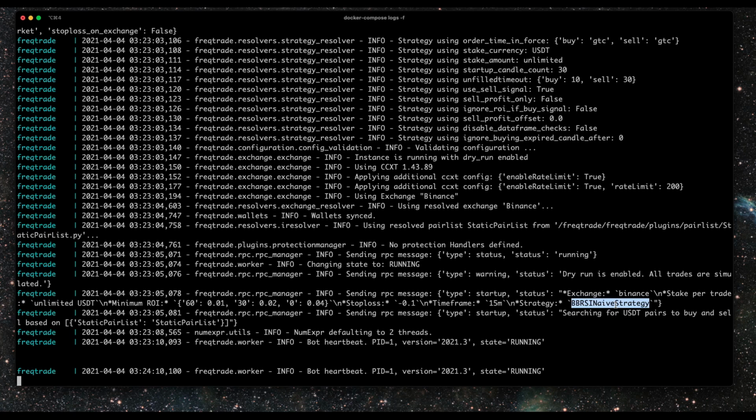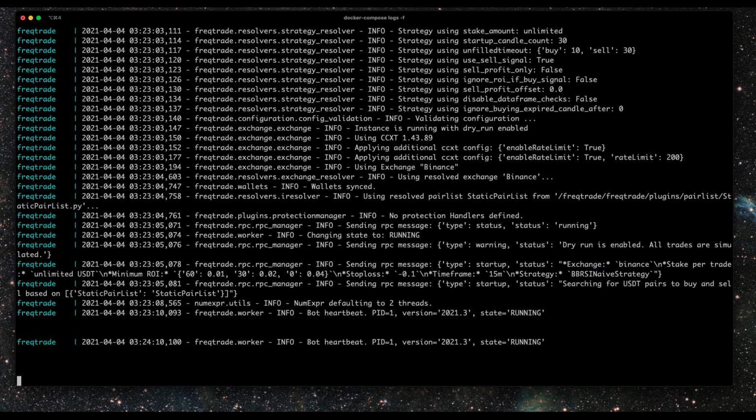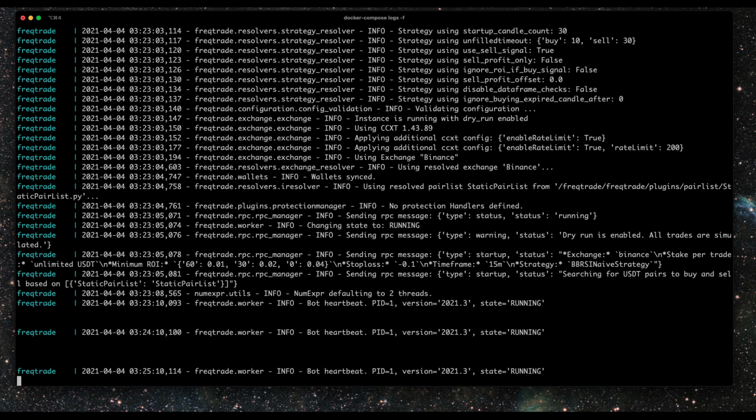Right, cool. So now, what will happen is in this log feed, we will see when the bot makes trades, when it buys or sells. Of course, we won't see anything happening yet because this is using live data but with paper money. We won't see any trades unless we actually hit the buy signal, and that might not be the case right now, because maybe all the pairs that we've chosen are performing quite well. Well, we can leave the bot running